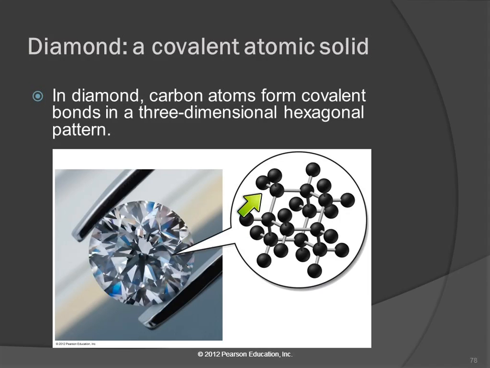In a diamond, this doesn't look at all like the lead in your pencil, does it? And it costs a lot more too, doesn't it? It's composed of the same atoms. This is pure carbon. The graphite in your pencil is pure carbon. The difference is in how the atoms are bonded together. A diamond has the atoms bonded together in a three-dimensional structure, and graphite has more of a two-dimensional structure, and